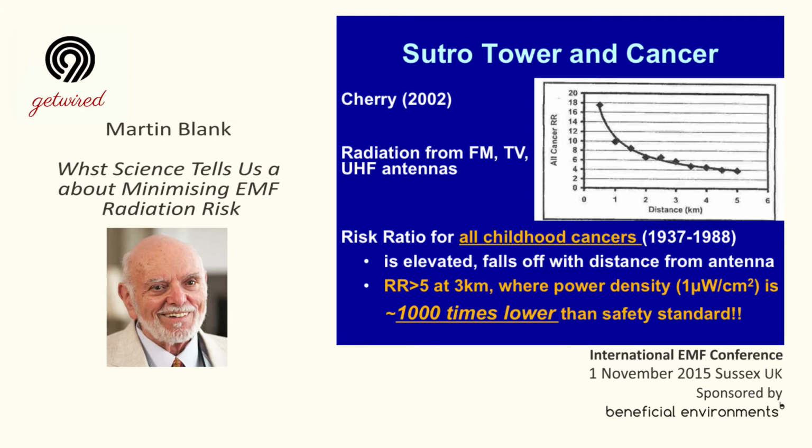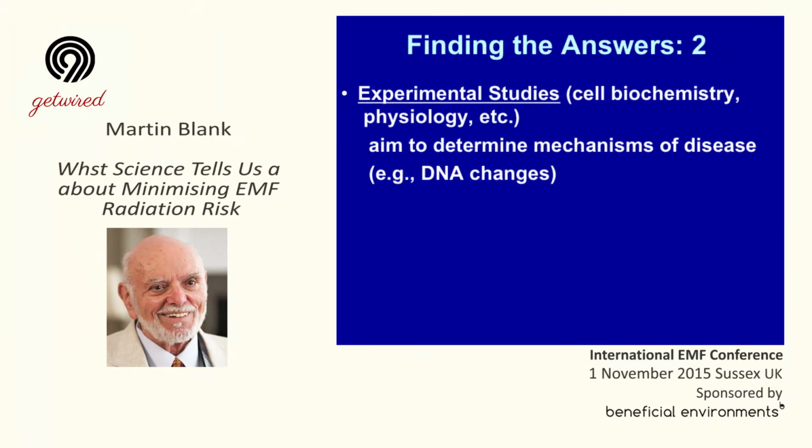Now, the next slide is another approach that's been used on trying to find the answers. It is the more scientific one that we're accustomed to, that is the classic sciences, studying biochemistry and physiology with the aim of determining the mechanism. And this has been a rather fruitful way of finding out. The next slide